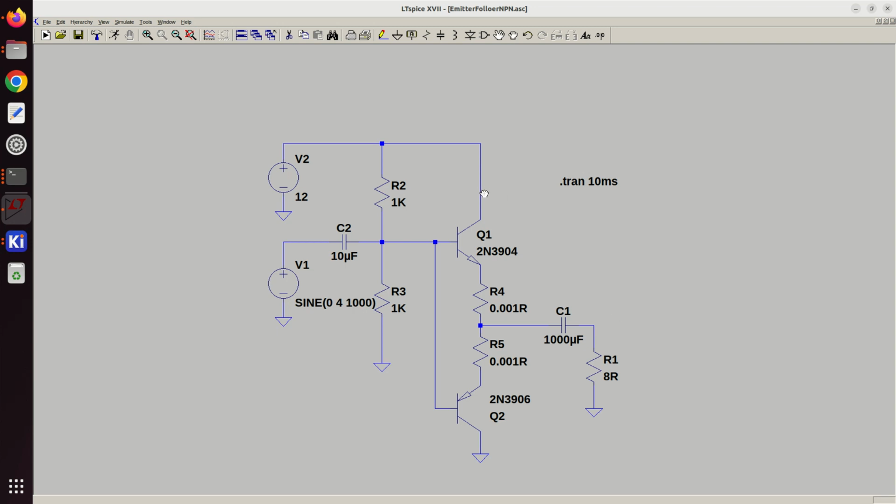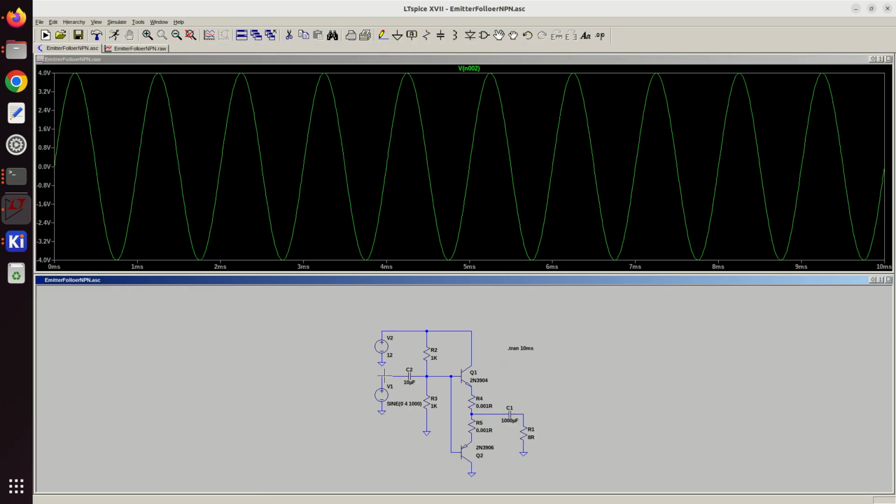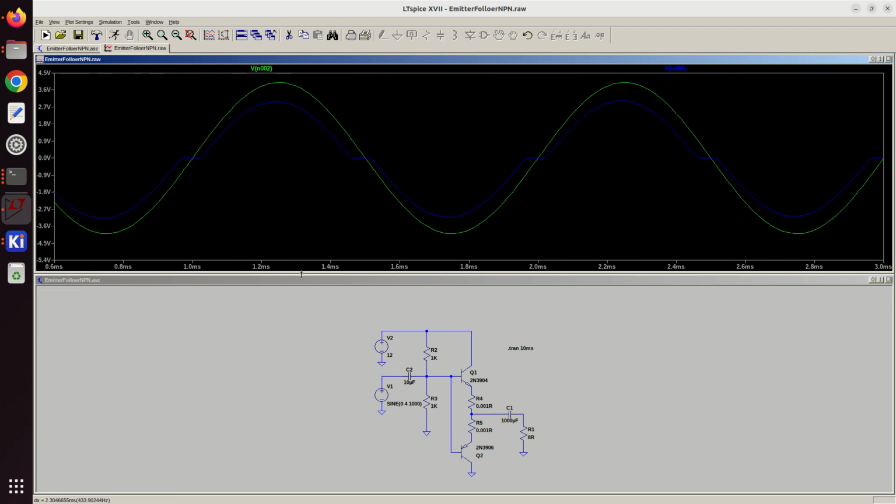So, on the input we have 4 volts at 1 kilohertz. So I'm going to simulate this, and if we look at the input, and then we look at the output, or before we look at the output, I guess it's important to understand that there's actually going to be just, let's plug this in. So we can see here. Let me zoom in on this guy. So this is our input,